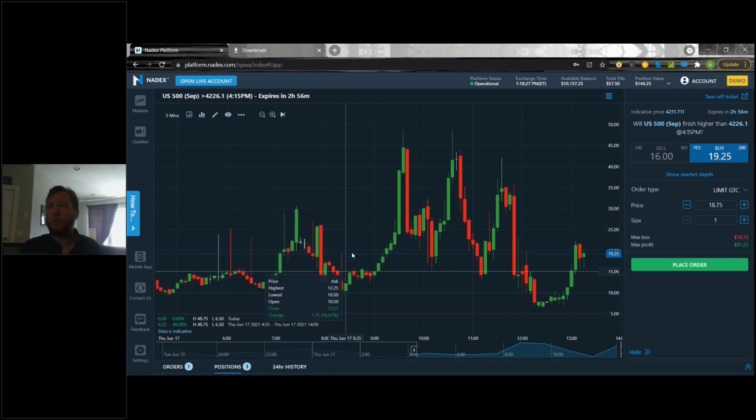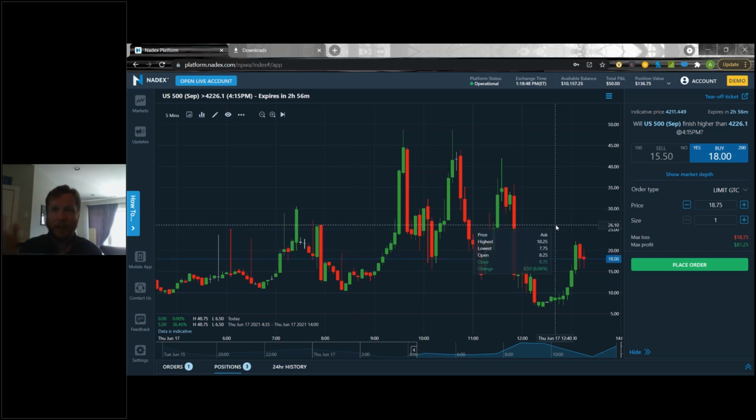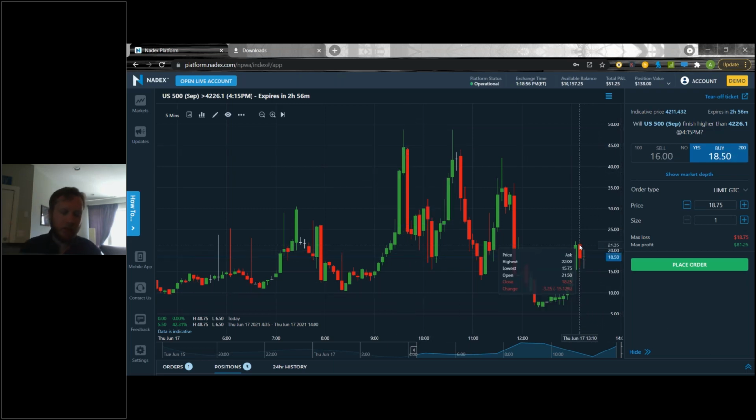This is actually really useful. It's something that we used to have on the old platform. It took us a while to bring over, but I'm glad we have it now. There's always a guy that asks for this, and we do have it on here now. I used to use it a lot too. I know it was missing, so I hope you are enjoying it, because I do like it on the new platform as well. It is very useful to see the history of the price changes, because you can see, hey, I could have paid 44 for this and now it would have been worth 18. So just a little last tidbit.